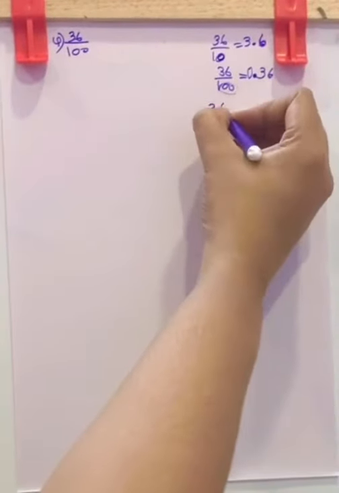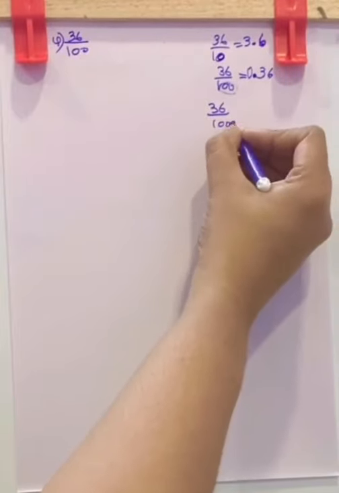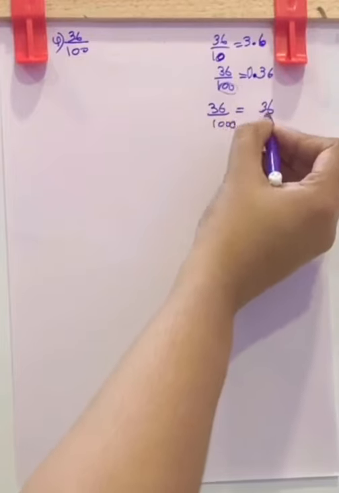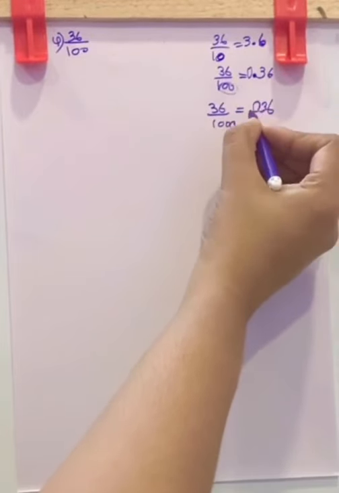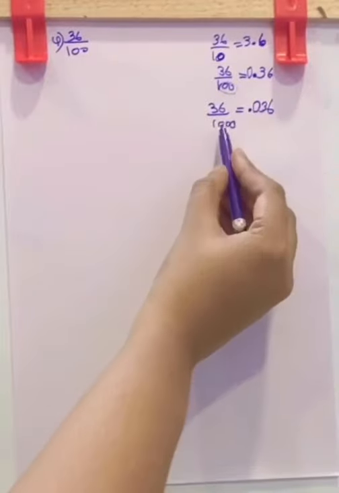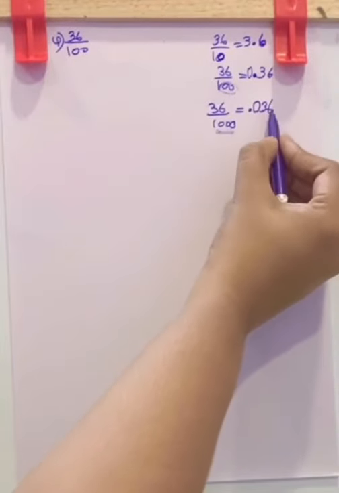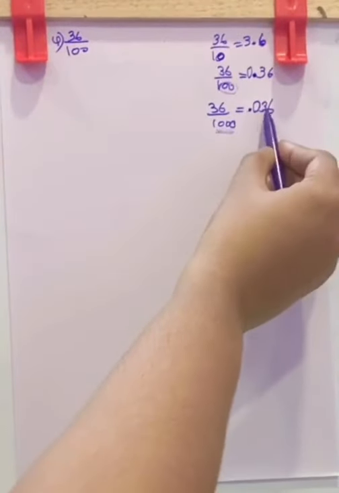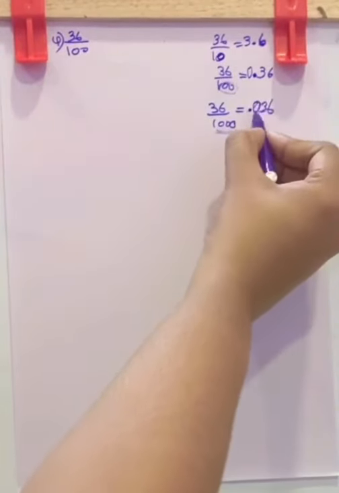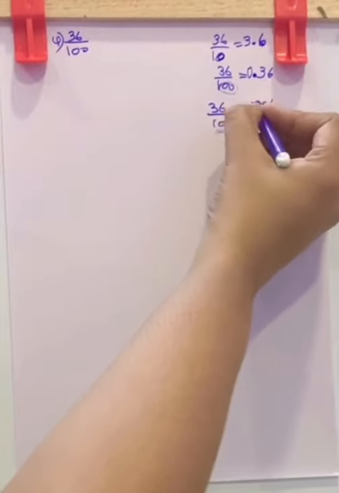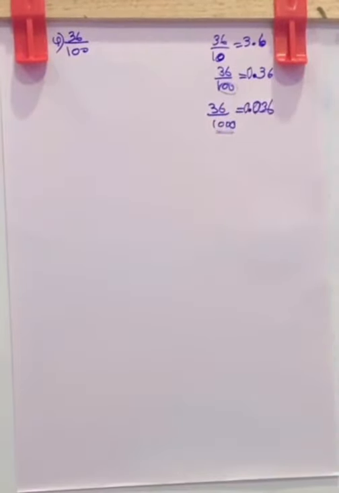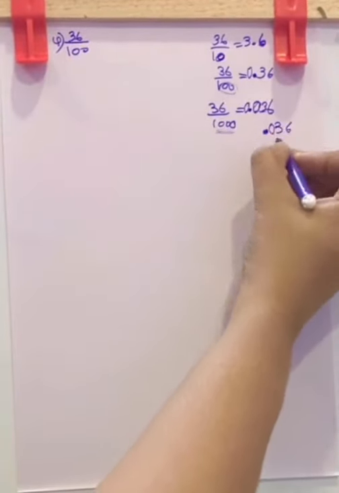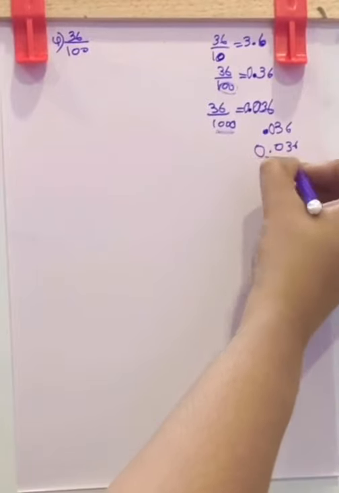Now, if it is 36 by 1000, there are 3 zeros. So, 1, 2, there is no third number here. So, put a 0 here, then put the decimal. Because there are 3 zeros, after the decimal you want 3 numbers. But since it is only 2 numbers, you are adding a 0 here. Then put a point here. Then you can write 0.036. 0.036 and .036 both are right answers.